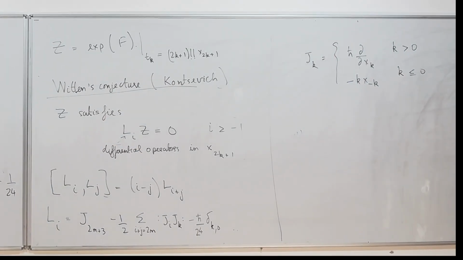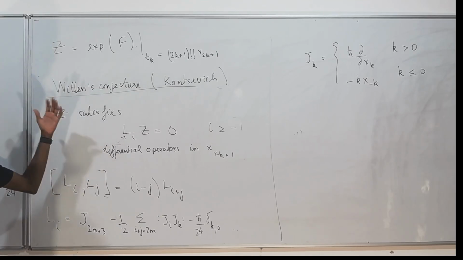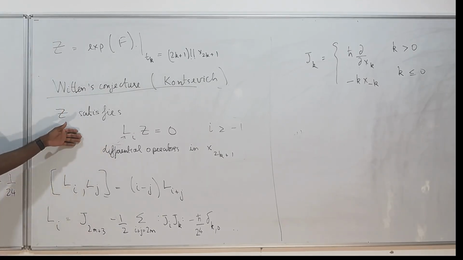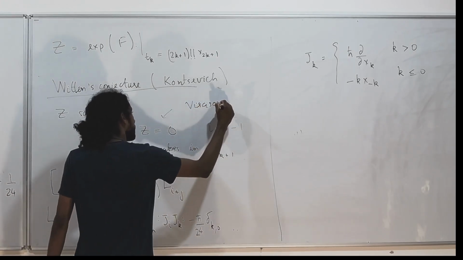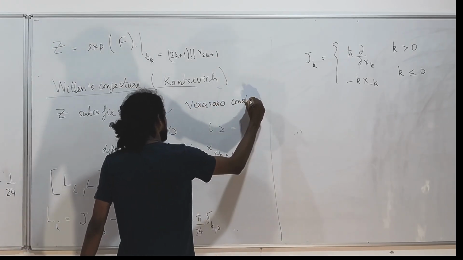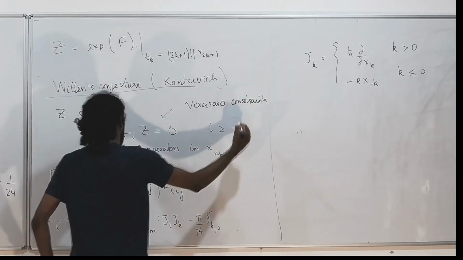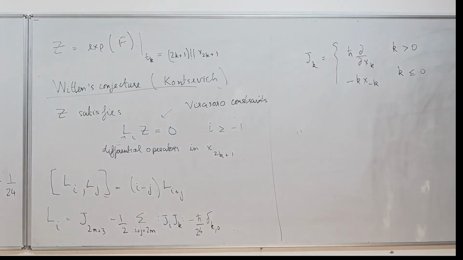Okay, so that was a lot to write. So let me say, well, what was the point, right? So we wanted to compute psi-class intersection numbers. We put them all into a generating function, and we said that this generating function actually satisfies some conditions that are called Virasoro constraints. These are called Virasoro constraints. And these Virasoro constraints were some sort of,